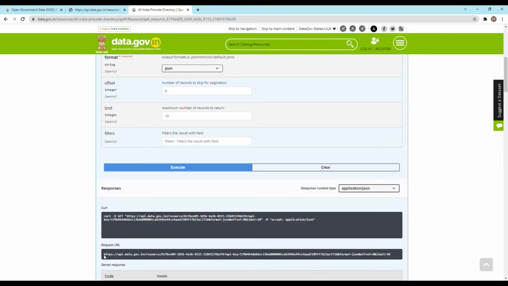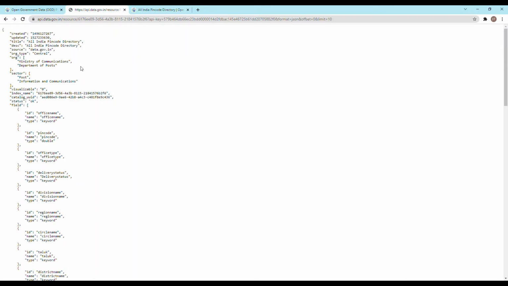Okay. Yeah, this is the complete URL. This particular URL is the complete API URL. You are going to access it through Excel and convert the JSON output to Excel columns, right? I have already tried it here to show you how the output of the API will look.